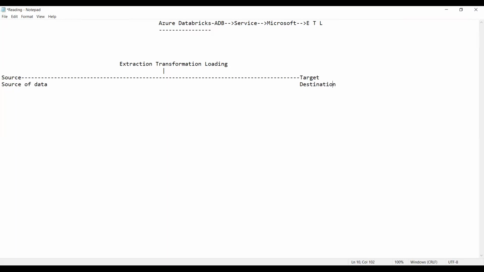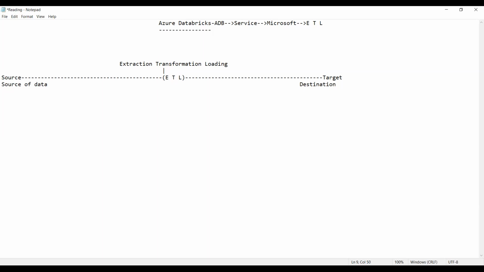Between the source and the target, we apply the process of ETL. Extraction means the process of picking up the data. Transformation is changing the data according to the requirement, and then loading the same.